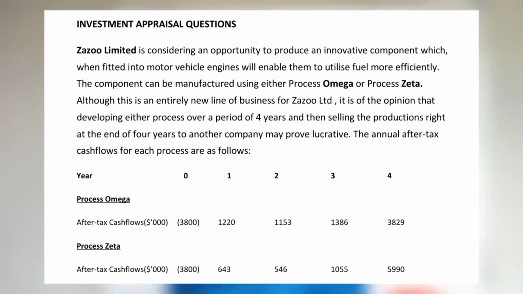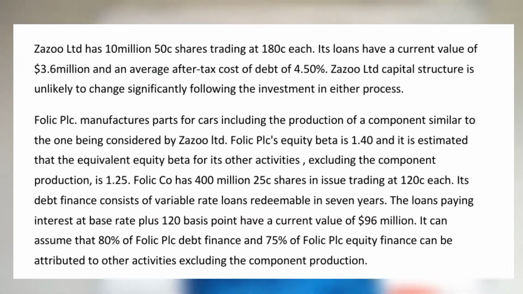Now, the question further says, Zazu Limited has 10 million 50-cent shares trading at 180 cents each. Its loans have a current value of $3.6 million at an average after-tax cost of debt of 4.5%. Zazu Limited's capital structure is unlikely to change significantly following the investment in either process. Then they said Folic PLC. Now this is a proxy company because it's different from Zazu, so you should already know that that's a proxy